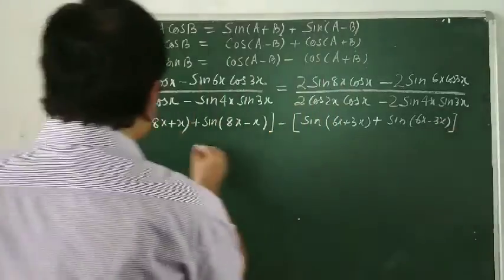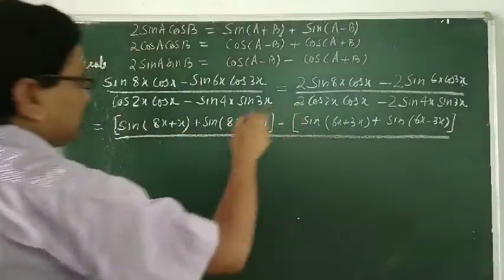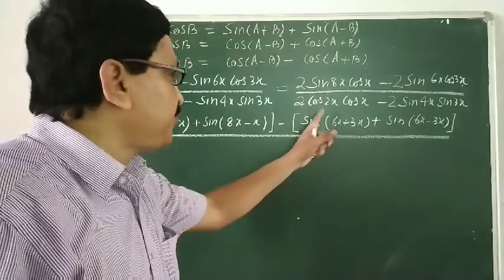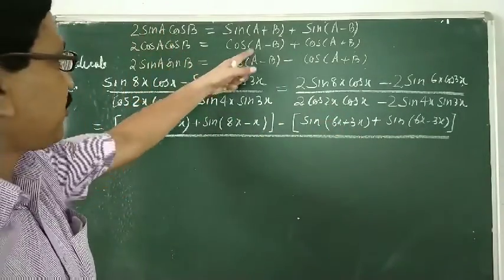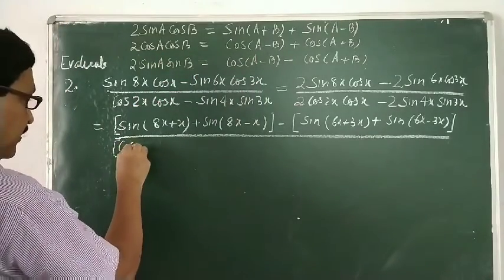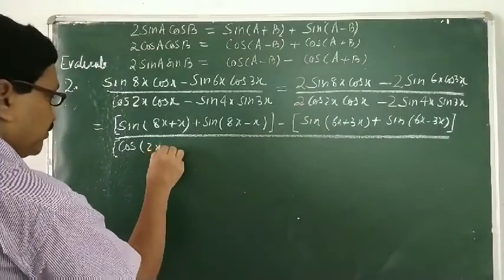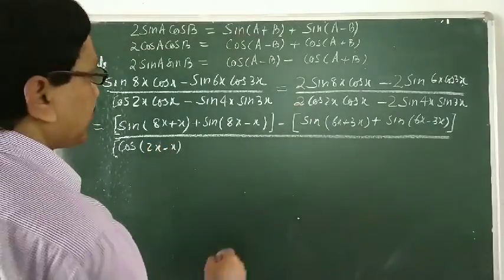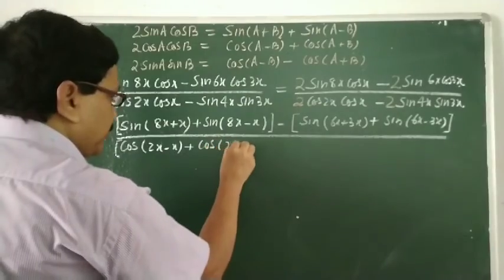Big bracket closed, divided by, whole divided by. Again, for the denominator, we use the 2 cos A into cos B formula: 2 cos A into cos B is cos A minus B, cos 2x minus x, plus cos A plus B, cos 2x plus x,